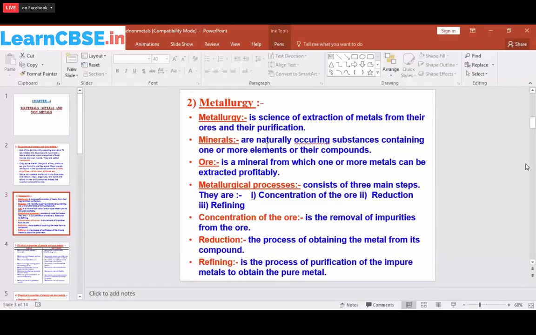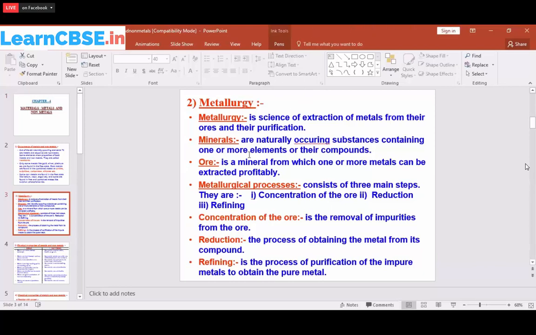Metallurgy is nothing but how we extract the metals from the ores, and the purification. Ores: for example, aluminum is present in aluminum chloride, aluminum oxide and so on. But in aluminum oxide the percentage composition of aluminum is very high, so we call it the ore. The natural abundance, the percentage of mass of the metal, should be very high. Then only can we extract more metal. So we call it an ore.